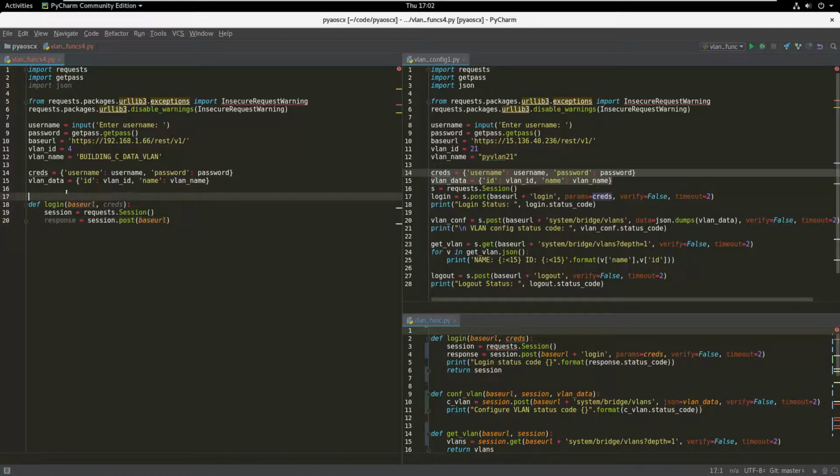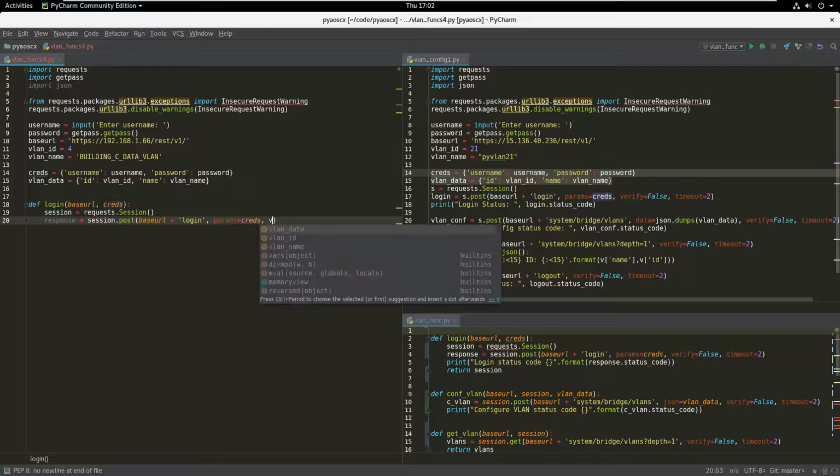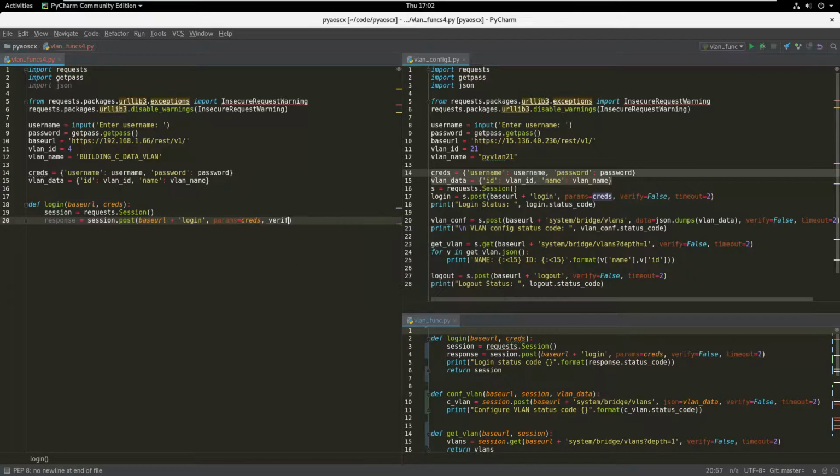It's moaning at me that I need to use two spaces there, so we'll bring that down. So notice there that creds is still unused. Okay, right, we need to do plus, and this is the string that we're going to send, so that login. So we need to, next up is the credentials that we are going to send for our authentication. We always have to do verify equals false